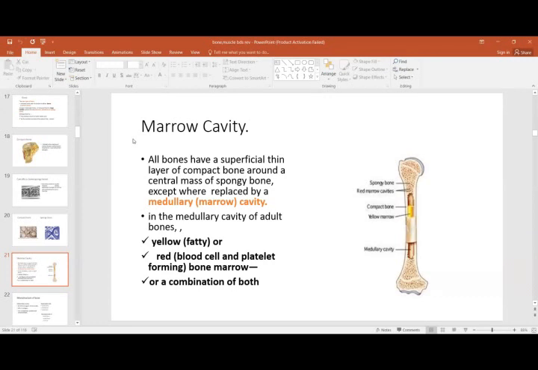During early stages of development, it is red marrow, but when its function is given off, it shifts to yellow marrow, and the red marrow is only retained at the ends of the long bones and in certain flat bones. But when there is an emergency, and more red blood cells have to be made, this yellow marrow again converts into red marrow. So that is the central marrow cavity.